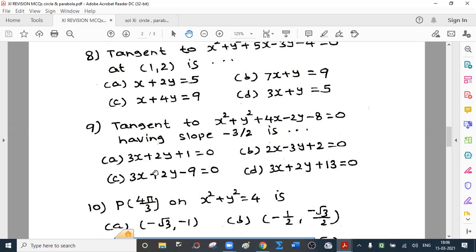Do not think of B. C can be the correct option. D can also be the correct option. So competition is basically between A, C and D. Tell me the answer.